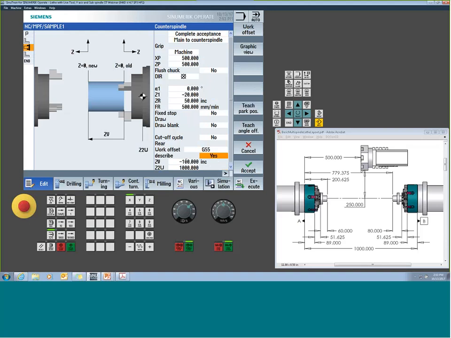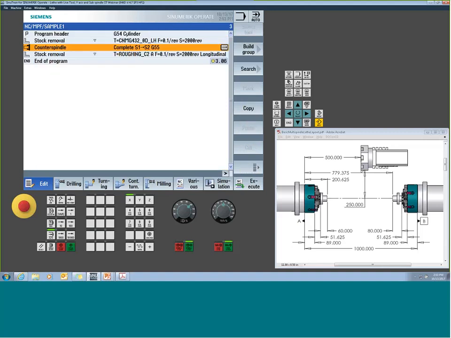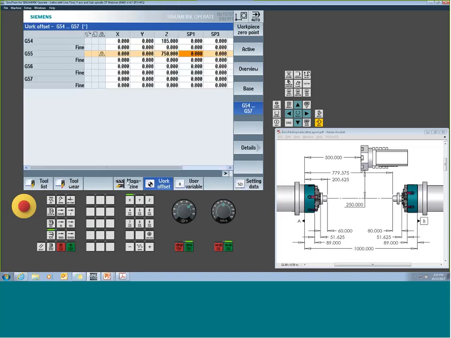So in this describe, all I need to tell it is what is the overall part size once I've done the transfer, right? So it knows how far in the part is from the grab, 20 mil, and I know that my final part dimension is going to be 100 millimeters. So that's how far it's going to be sticking out when it's done. By turning these two variables on, when I go to run the part program, if I'm looking at my offsets